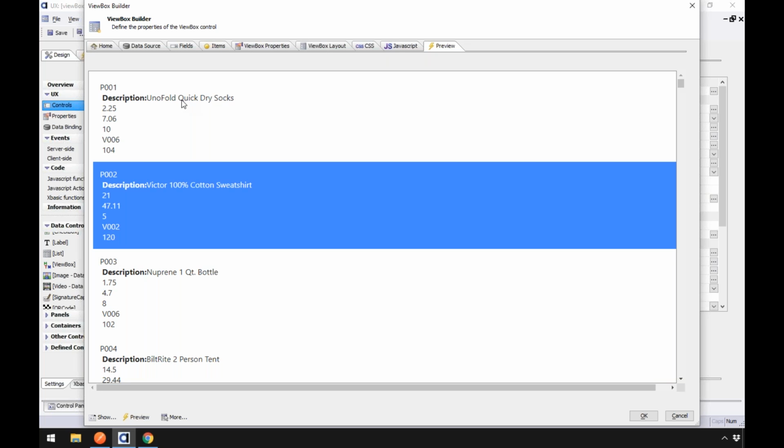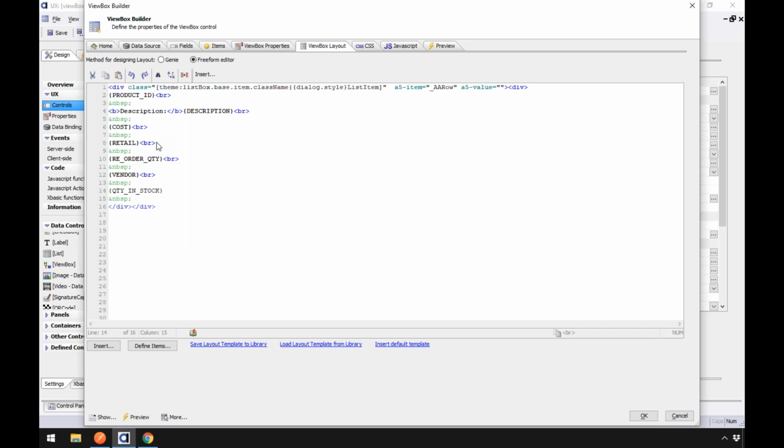And that's again where view boxes really come into their own, is your ability to use your own HTML and CSS to style it anyway. You're not limited by Alpha's built-in styling or modifying that. You can literally have your own style layered on top of this thing and include it in there. Pretty straightforward. Great. So come back here, freeform editor, and those things in the curly braces are just the placeholders